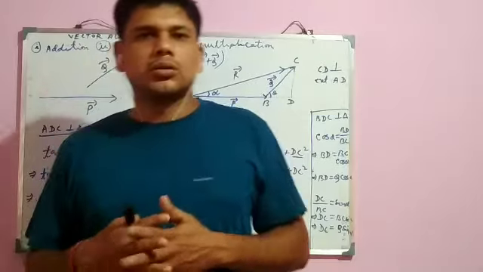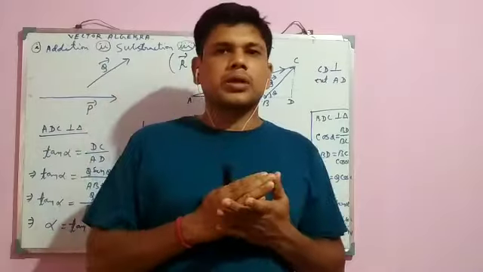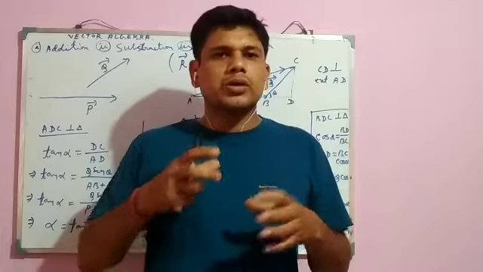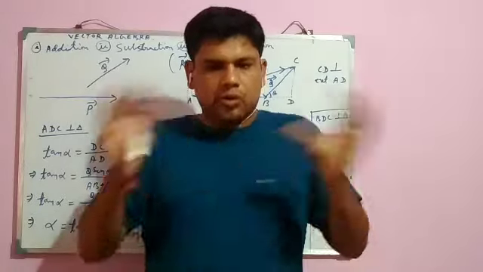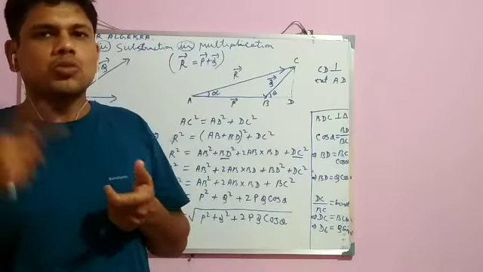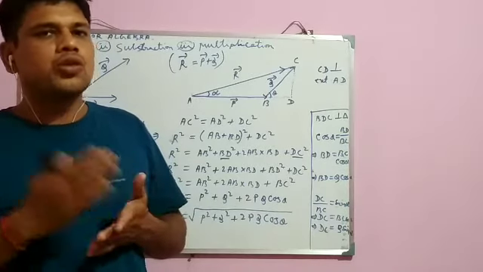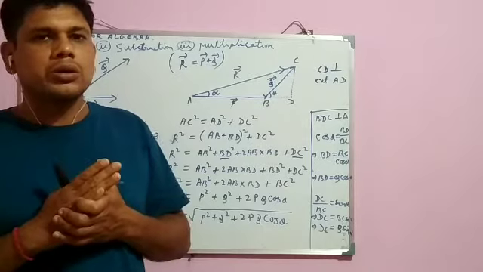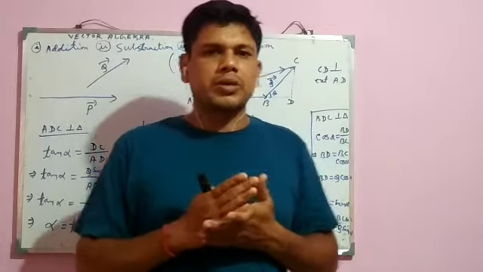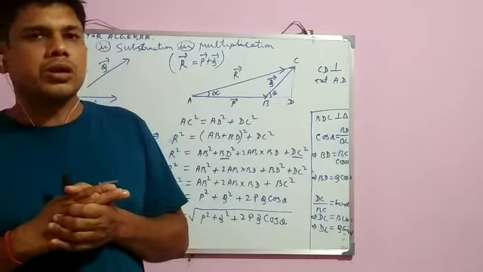What is vector algebra? It is not simple algebra. We can add, subtract, and multiply by using certain rules, and those rules included together are called vector algebra. We can add two or more vectors, subtract two or more vectors, and multiply two or more vectors, but we cannot divide two vectors. So addition, subtraction, and multiplication are possible in vector algebra, but division is not possible.